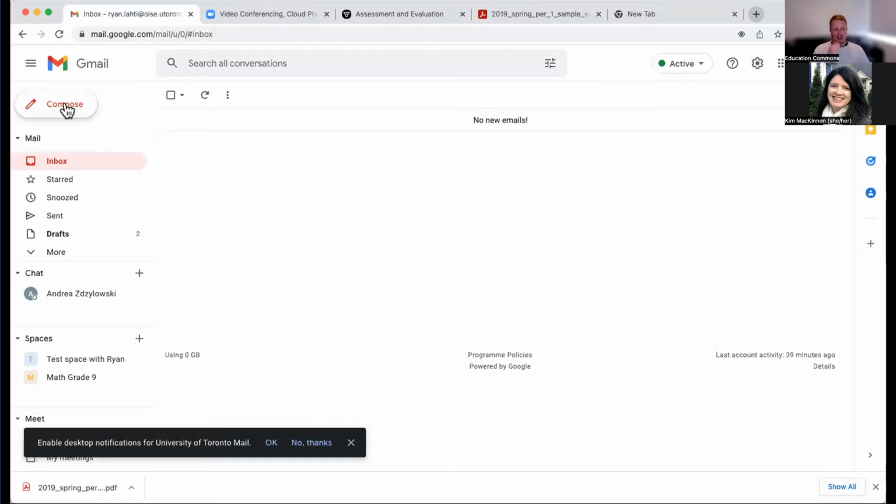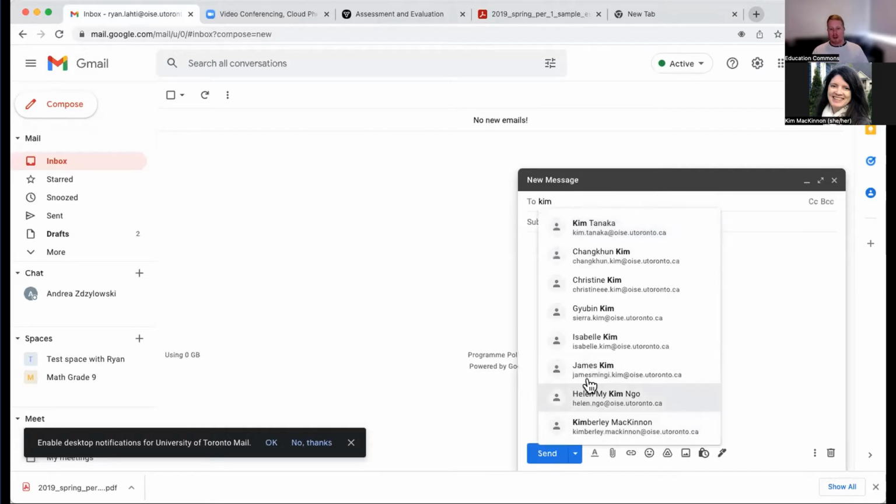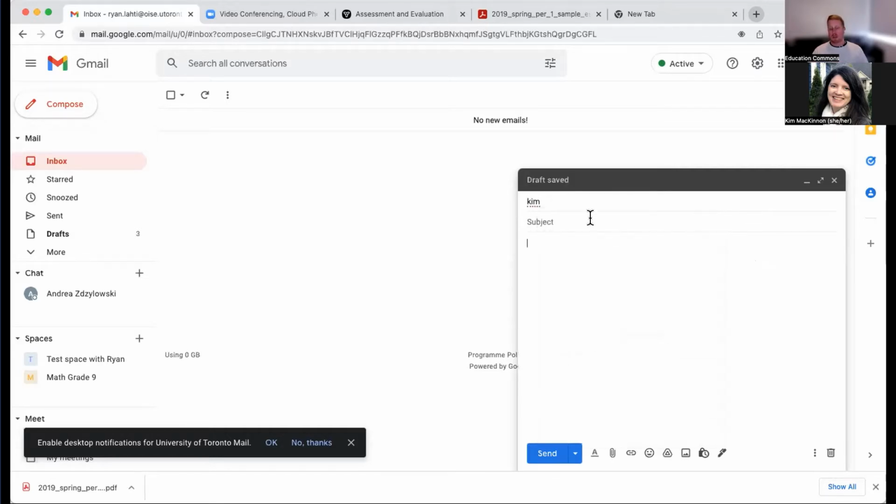And you can go in here and you can compose messages. Let's see if I can find Kim in here. And you can find any students who are registered in the program who have been set up. We've opened up the directory so you can message any other students in the program with your OISE email account. You won't get access to anyone's student accounts from U of T or anyone's personal accounts, but you will be